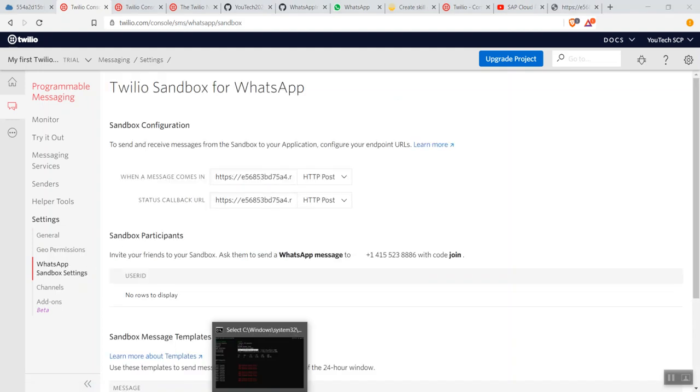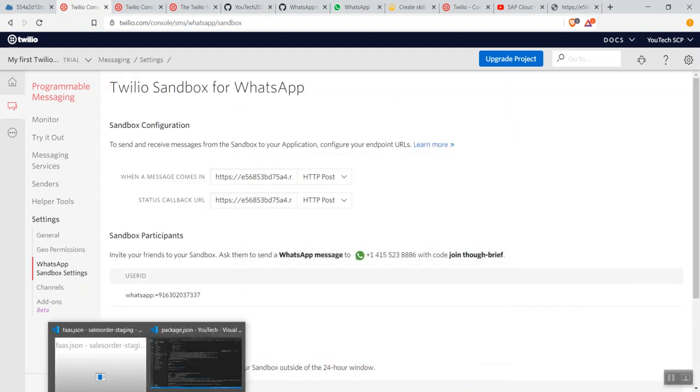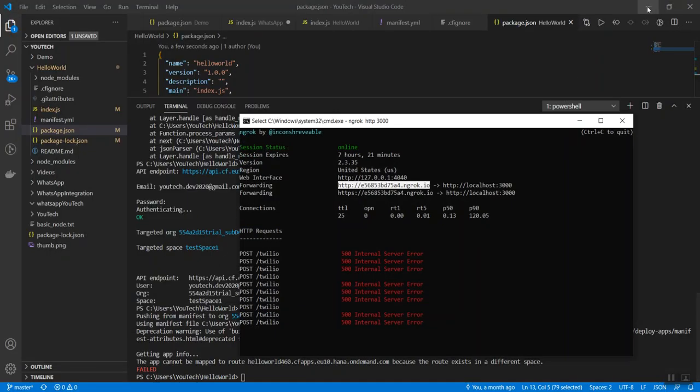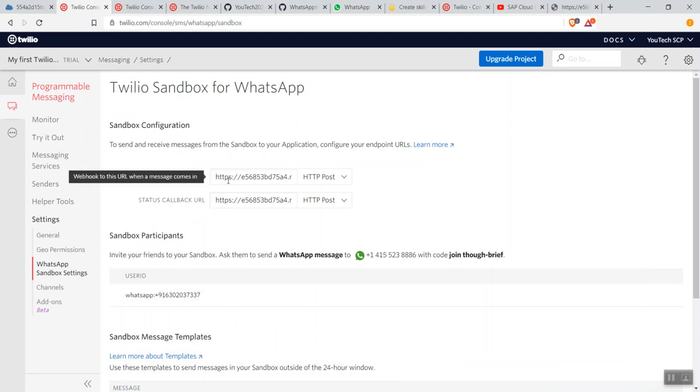Once your application is successfully deployed from this command prompt, go here and replace your ngrok URL with your SAP application URL, because our laptop is not always switched on. That's the reason ngrok is only for development purposes. For production we have to use the SAP application URL.